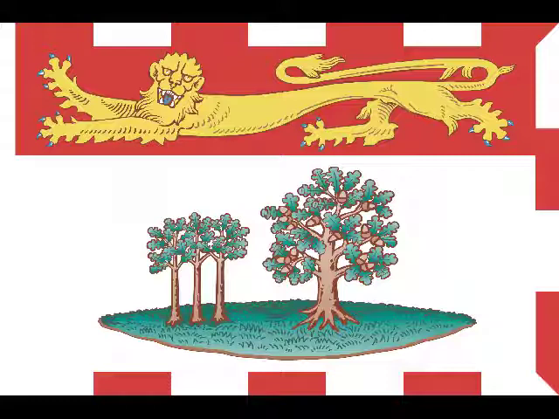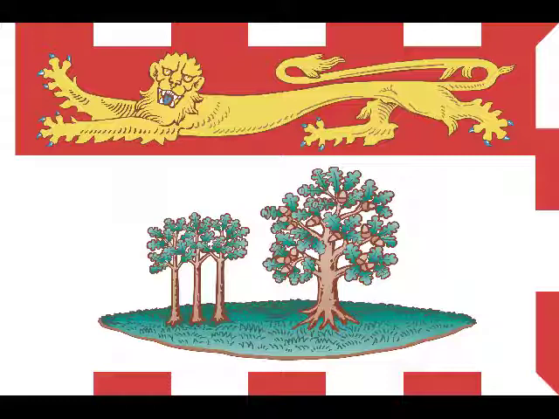But it's the same image of the lion stretched out on the red background. But this time the red background kind of looks like a castle fortification because you have the little blocky looking thing.